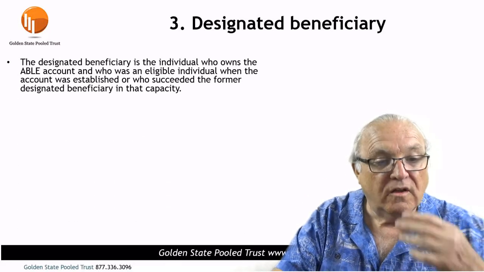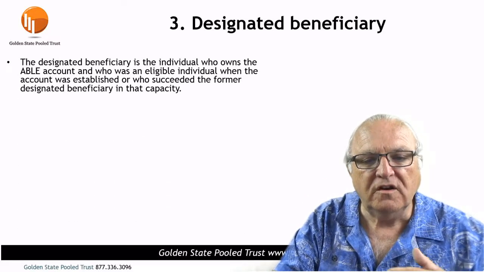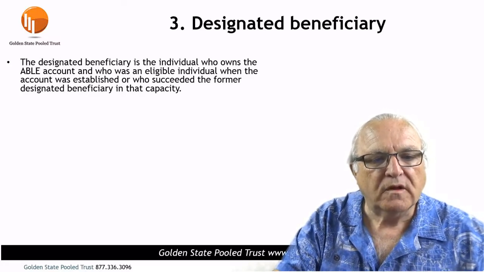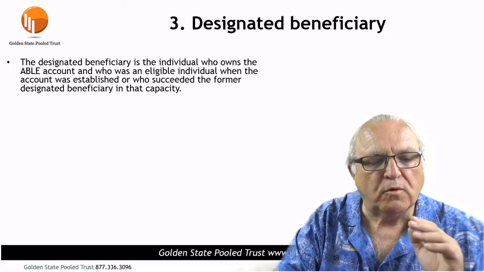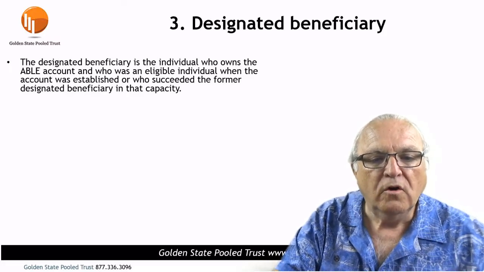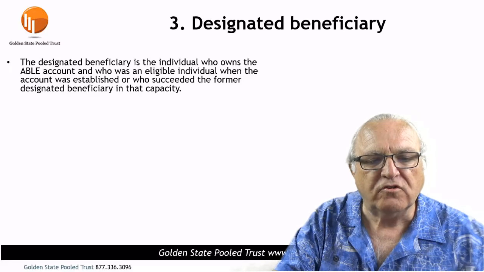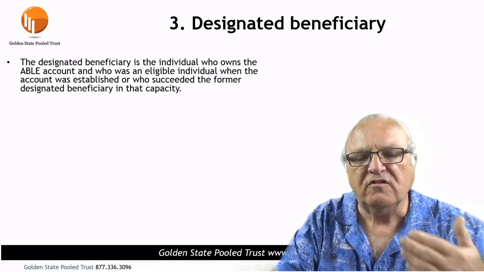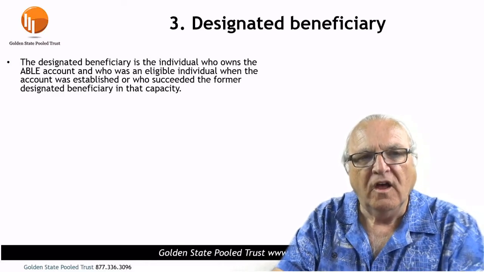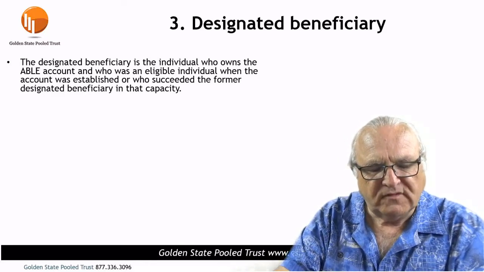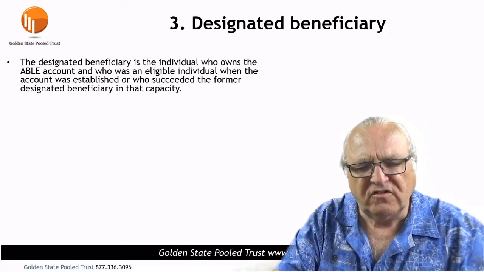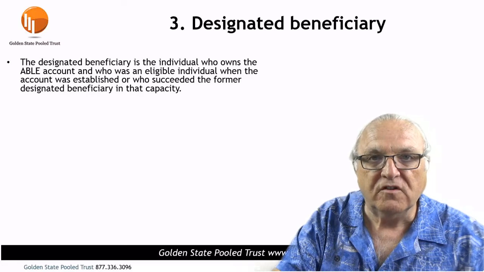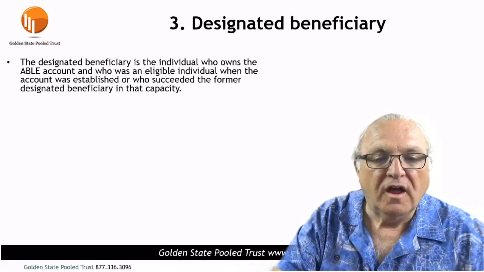Okay, so the designated beneficiary is the individual who owns the ABLE account here and who was the eligible individual when the account was established, or who succeeded the former designated beneficiary in that capacity. In the limited situation here, the law does allow a transfer upon death to a sibling or step sibling if they are disabled and meet the same definition of disability as far as ABLE